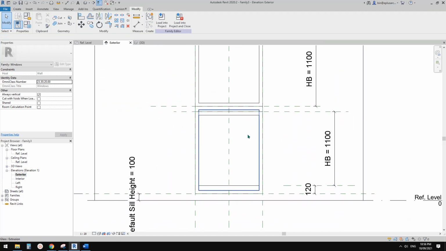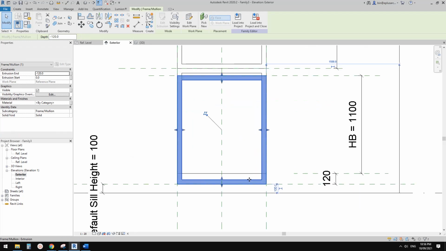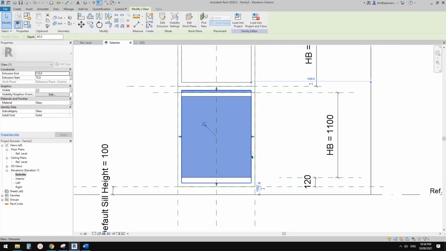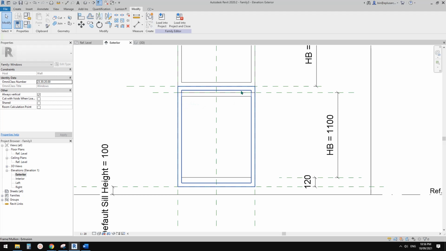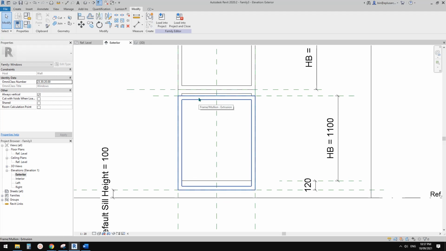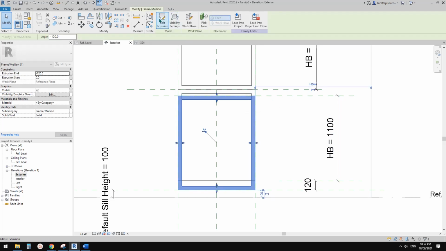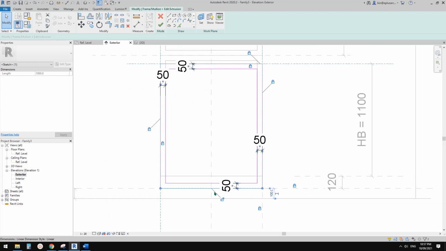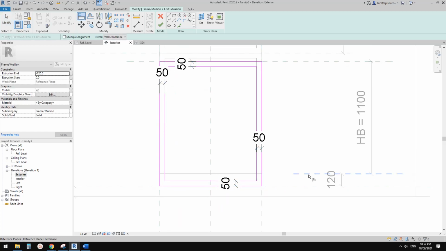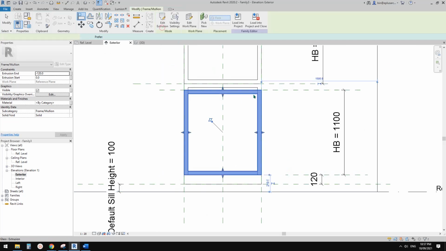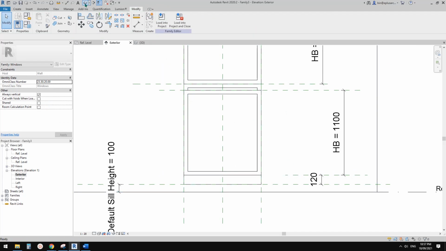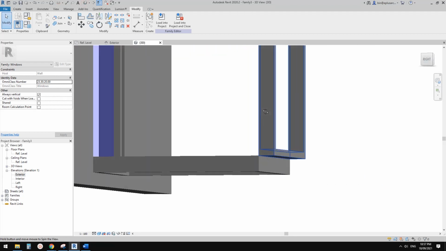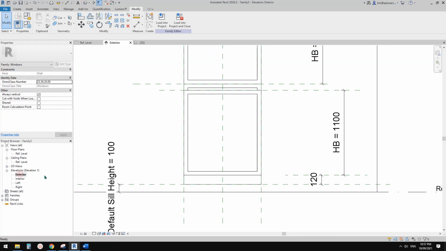Now we need to slightly change it. We need to adjust this one. Hang on, which one? Let's have a look. I think it's this one. Select this one, edit, then unlock this constraint, and then we can just align, use this reference plane, lock this one, and OK, and OK. So now it's good. If you go to 3D view, we can just finish this